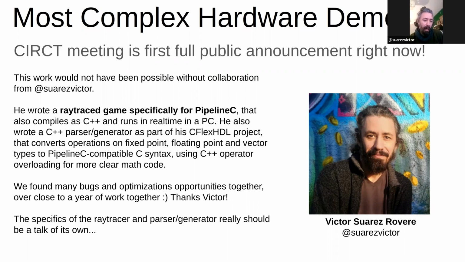Since I'm familiar with C++ syntax, I prefer it in some cases. Currently, the parser of PipelineC only handles C syntax. So I decided to write a parser that is based on the Clang indexer libraries. Unfortunately, the